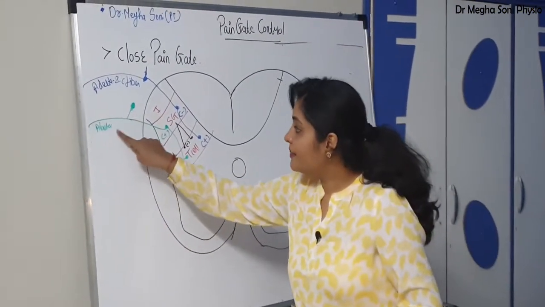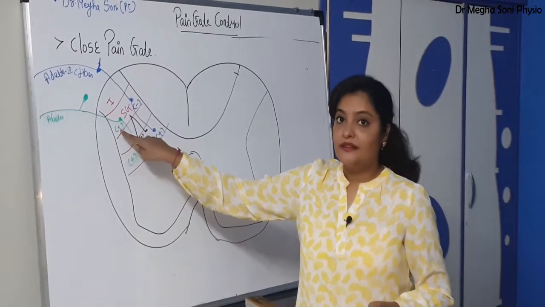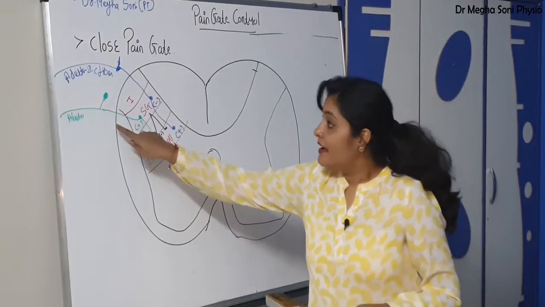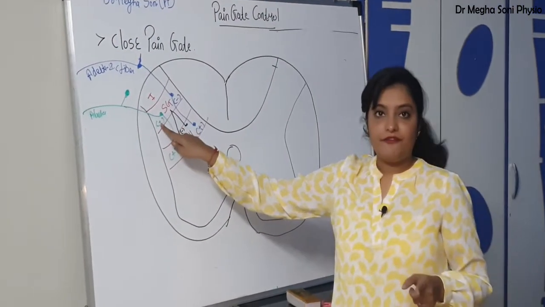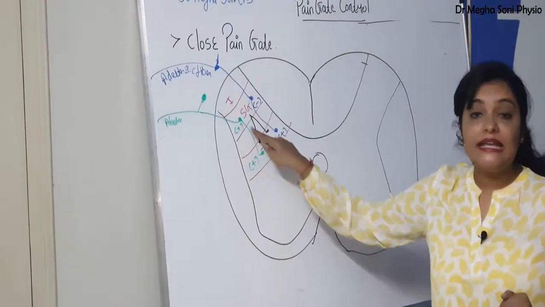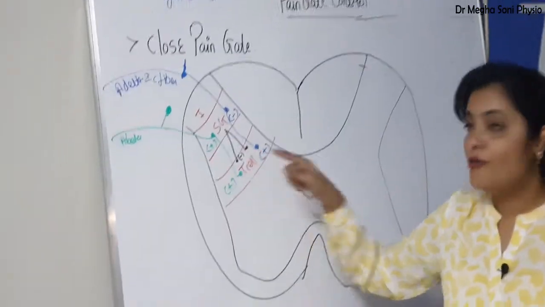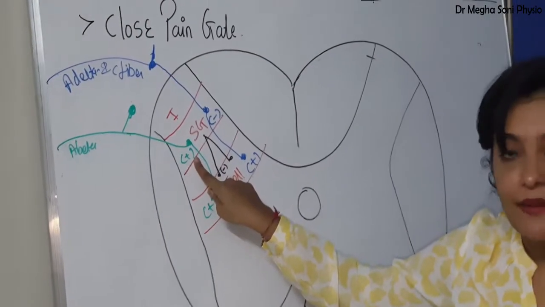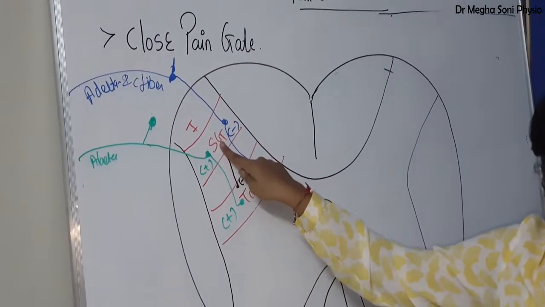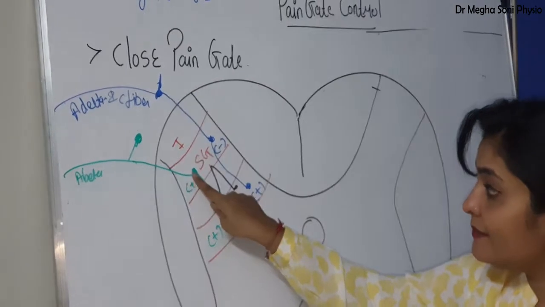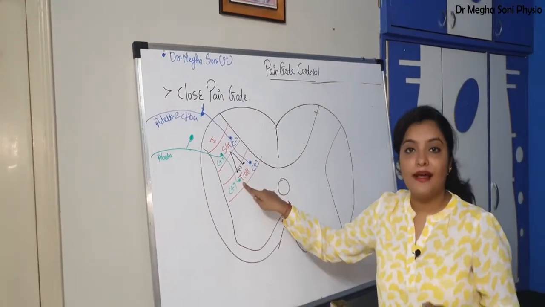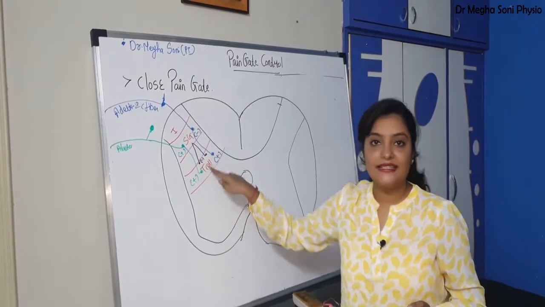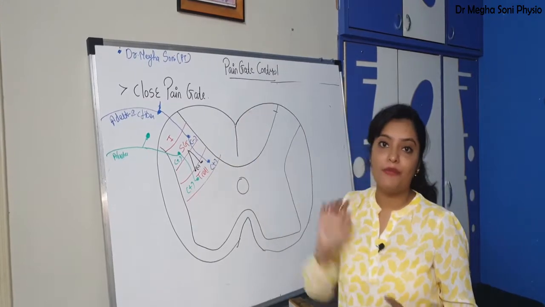So A beta fiber enters into the Maheshmati along with A delta and C fibers, and when A beta fiber enters into the Maheshmati, he sees that Bahubali is tied up. So he unties Bahubali. Unties Bahubali means it stimulates substantia gelatinosa. At the same time, he goes to T cell Ballal Dev, and he tells Ballal Dev that A delta and C fibers both are going to attack Maheshmati.